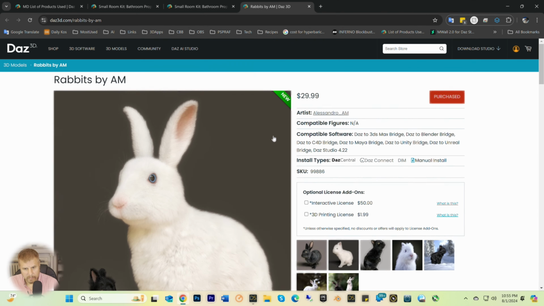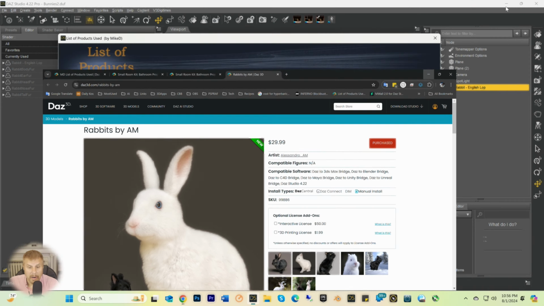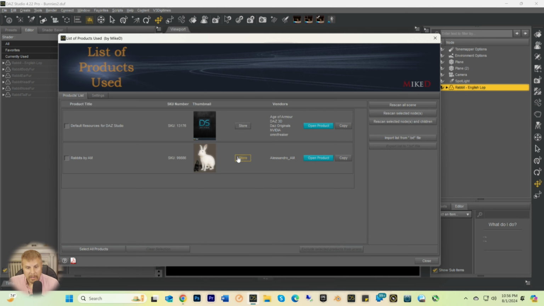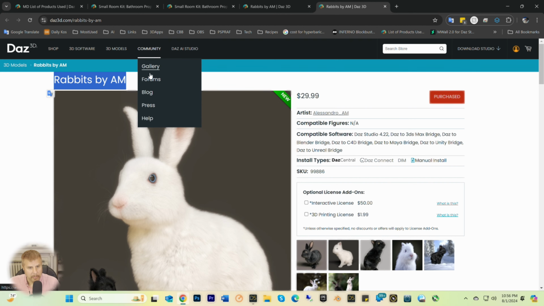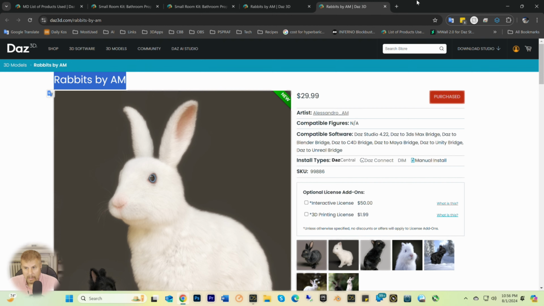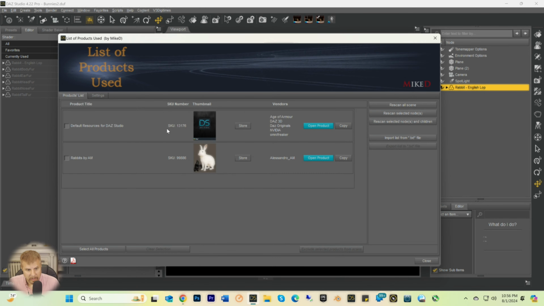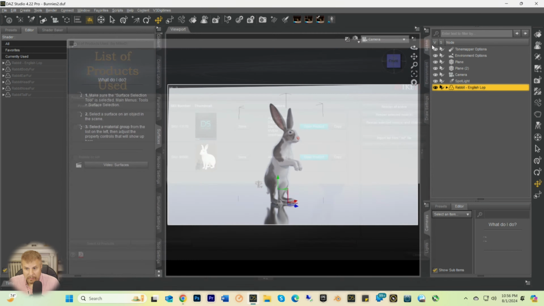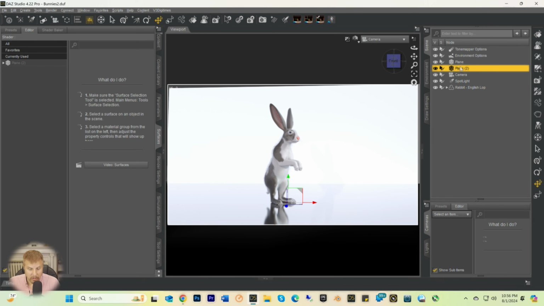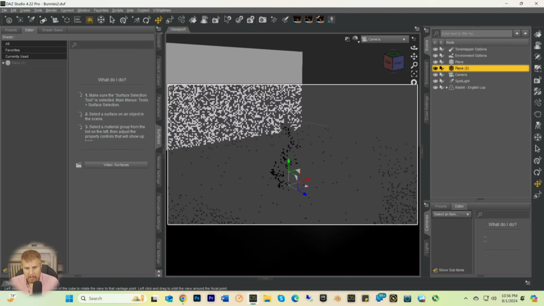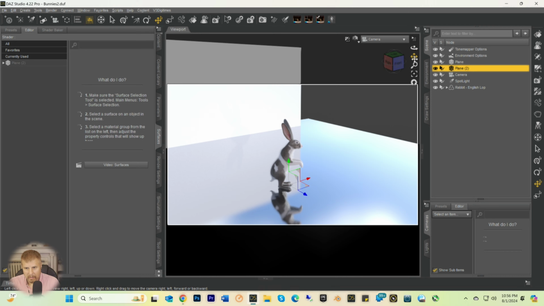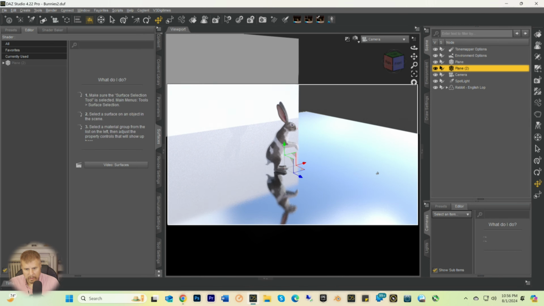Came from this. I find this very helpful because I can just open this up, and then go rabbits, copy that, and then go back to my gallery and type that in, and it'll pop down and say, oh, there's the rabbits, and I used that in the scene, and I used this in the scene. It's obvious I use some default resources that it doesn't find everything, because you'd think it would say, okay, you used a plane in here. Okay, I used 2 planes. Okay, and we've got I used a silver